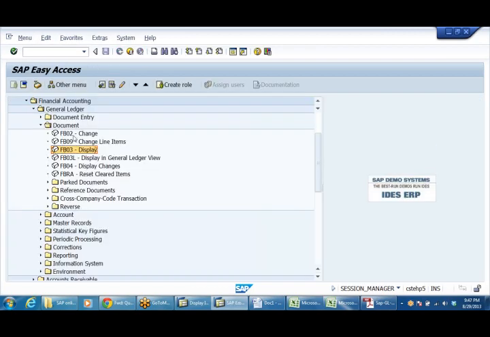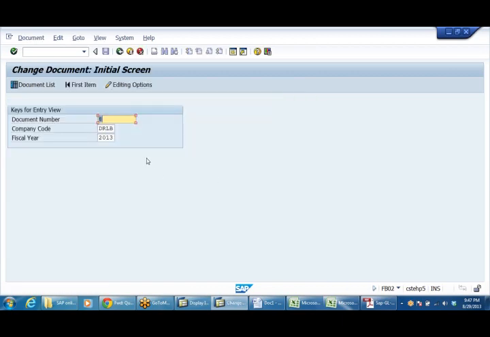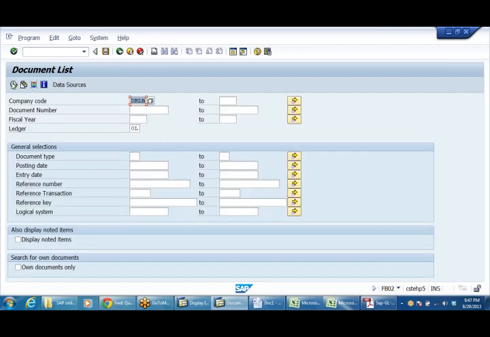Come out. Change is FB02. What does this FB stand for? It stands for nothing, only a transaction code, that's all. F stands for financial accounting.